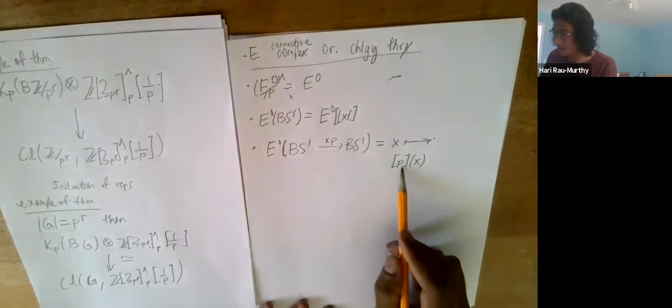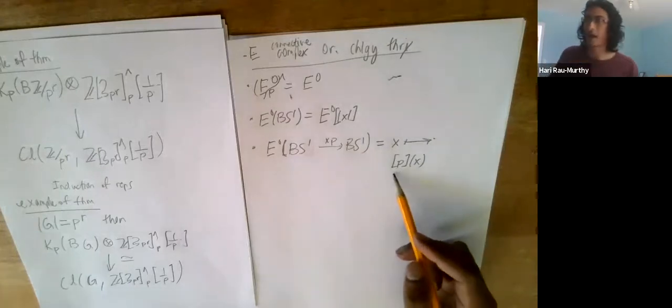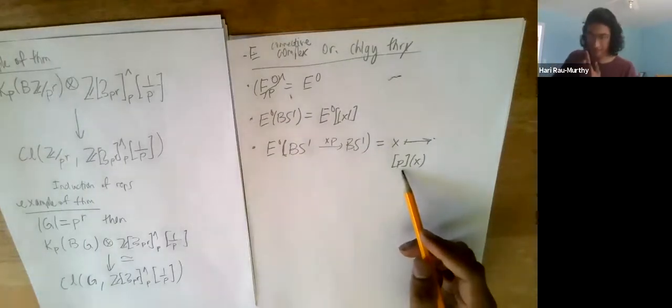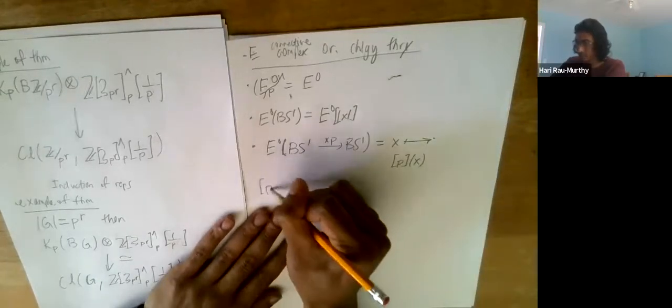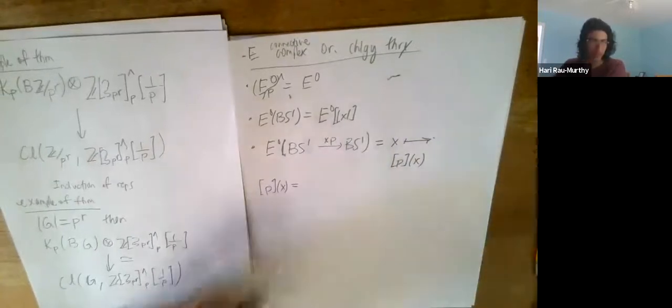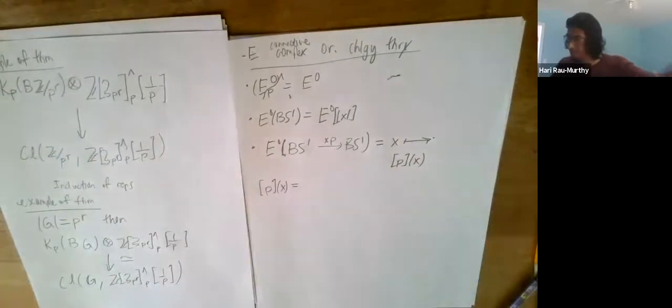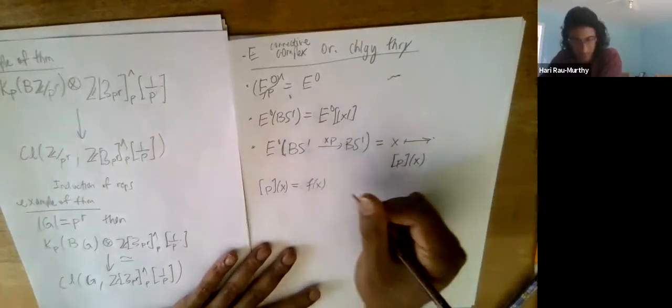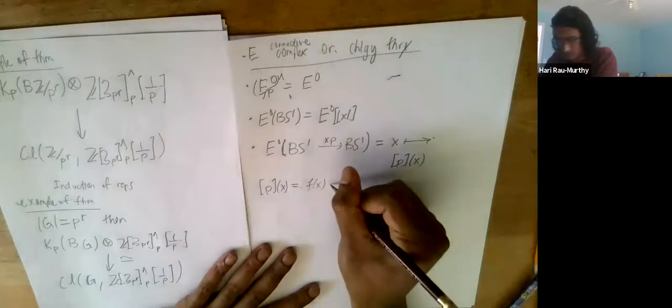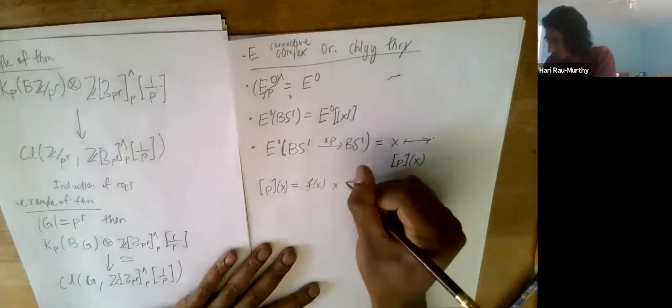And it's sent to some power series, which I call the p-series of X. And the p-series of X can be factored as a polynomial times a unit,